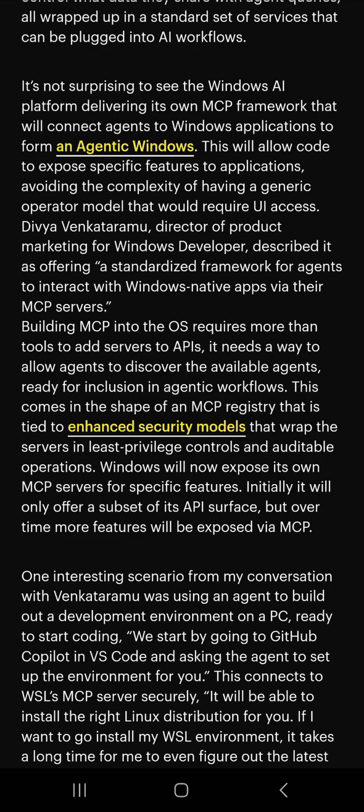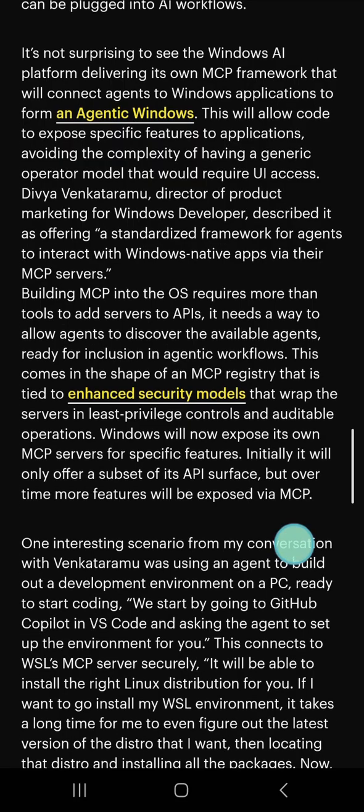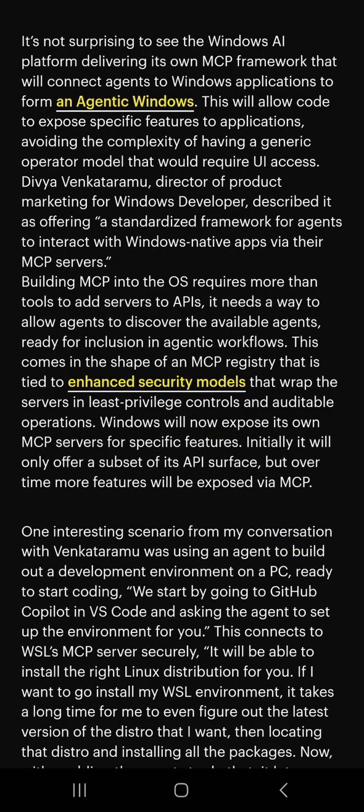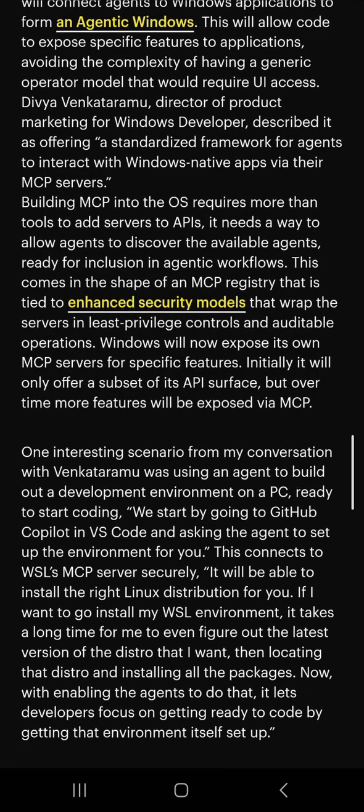This comes in the shape of the MCP registry, tied to enhanced security models that allow the server to list privileges, control, and auditable operations. Windows will now expose its own MCP servers for specific features. Initially, it will only offer a subset of each surface, but over time, more features will be exposed via